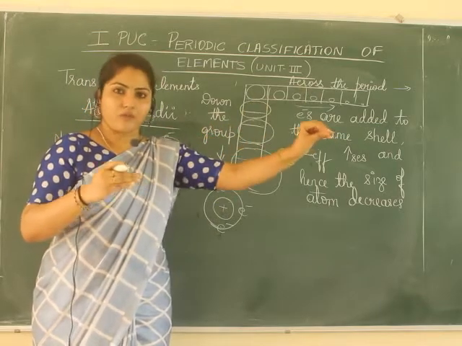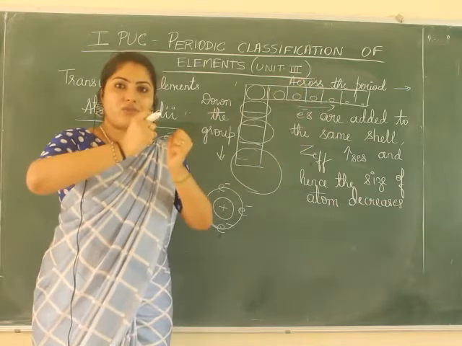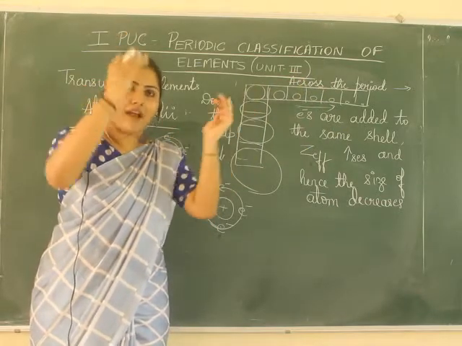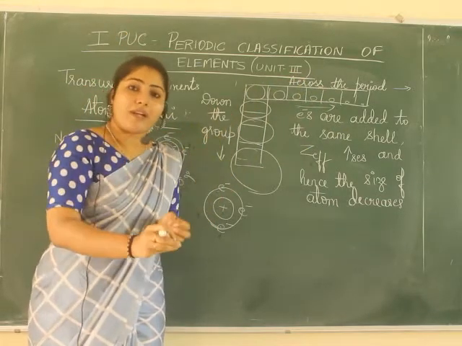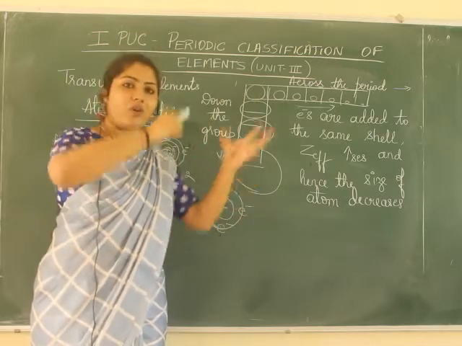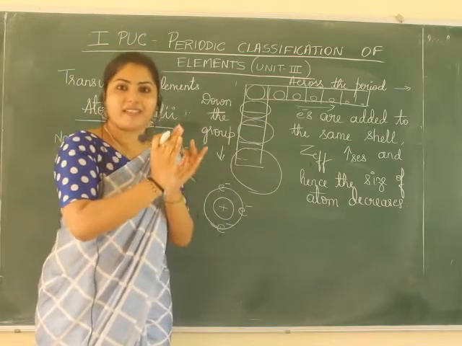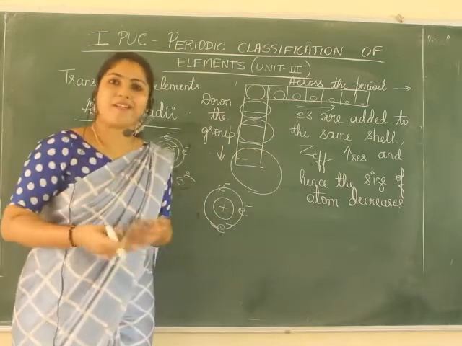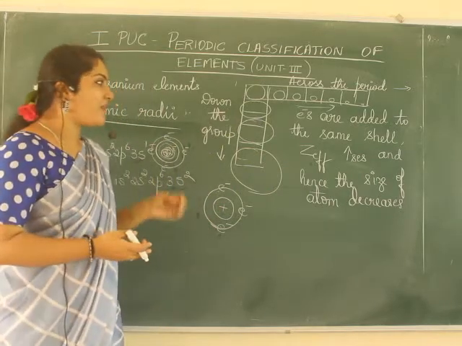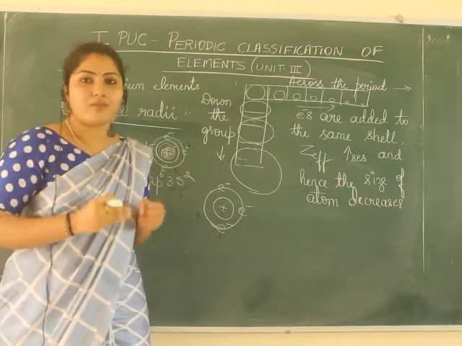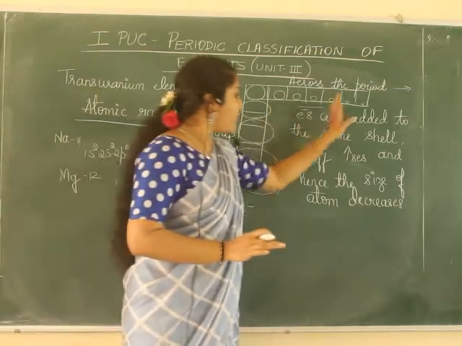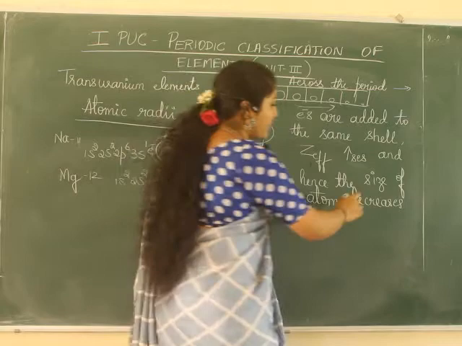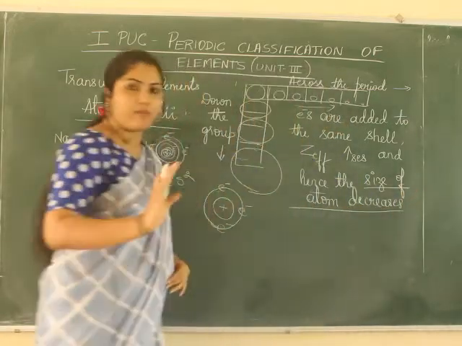Now one more electron is added, and it pulls both the electrons towards it, so the size of the atom shrinks. One more electron is added, again it pulls from all three directions, and again the size goes on decreasing. Clear? I might be giving you too much explanation on this, but I just want you to be clear with the concept. Across the period, what happens? The size of the atom decreases, a very important point.